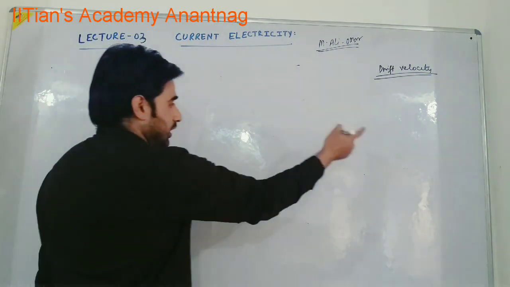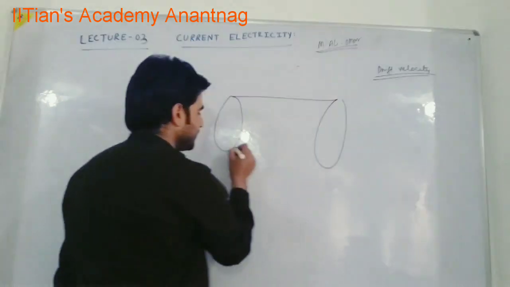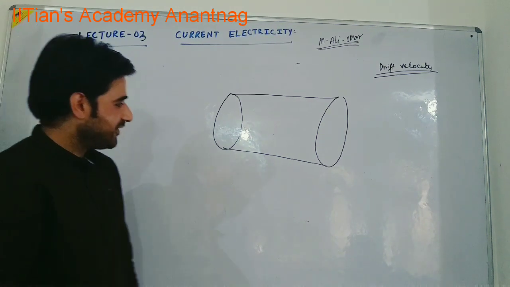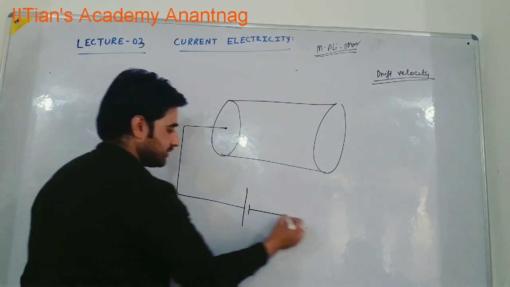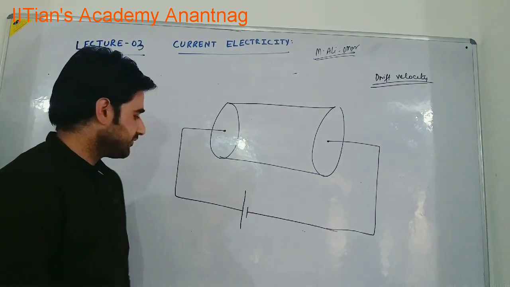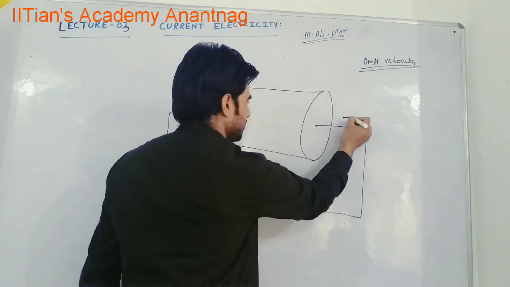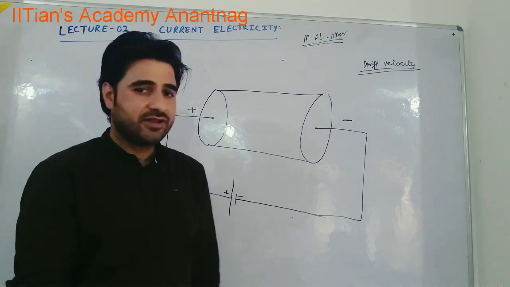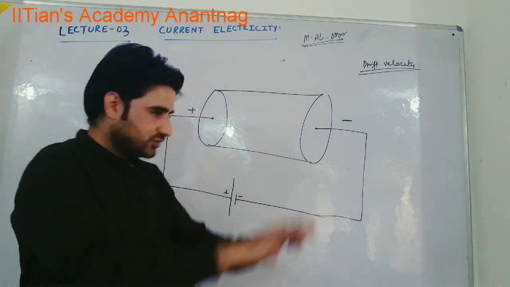Earlier I had an isolated conductor. I will take the same cross section of the conductor, but now it is no more isolated. I will connect it to a battery through connecting wires. This battery is maintaining some potential difference. This is the positive end and this is the negative end. I have shown these things in animation also. My suggestion is that I will put in my video animation once more, so that things become clear.